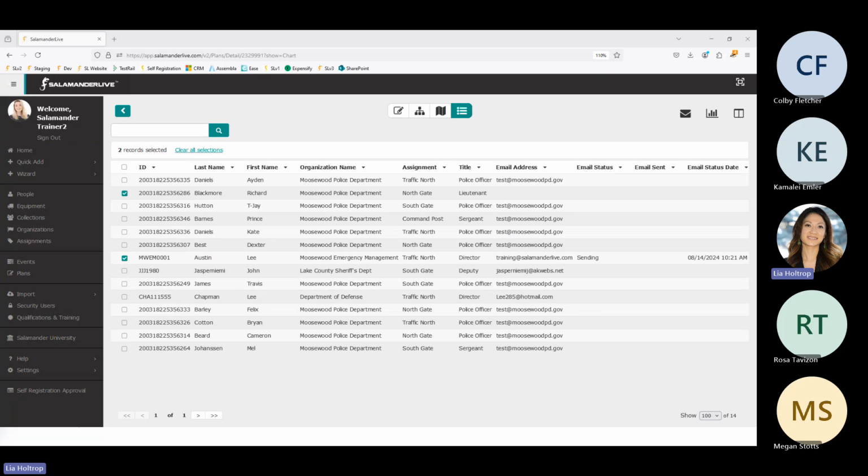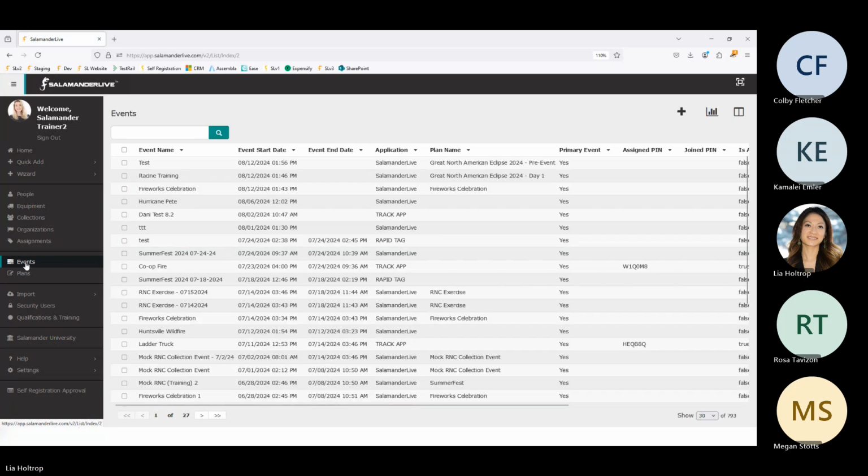All right. Last but not least is on the event side. So on the event side, this will list all of your active events or ended events. Okay, so I've got a couple that's still running in here. So if we look at this test event here,